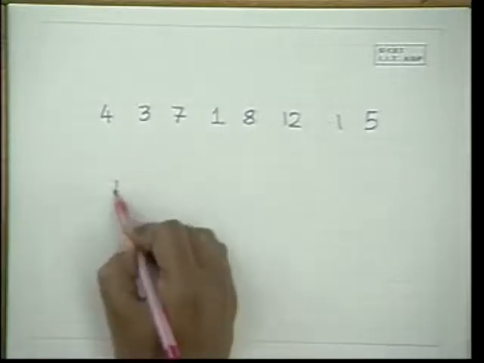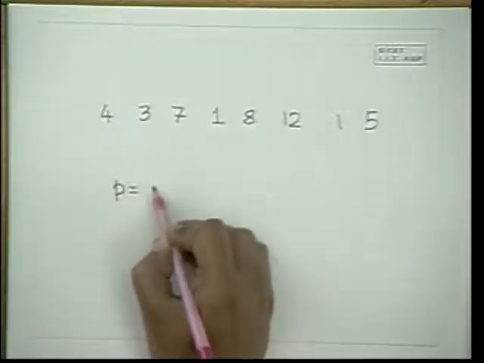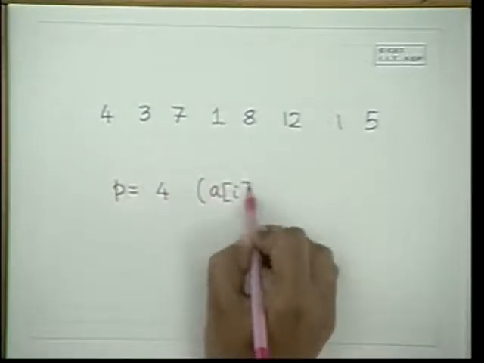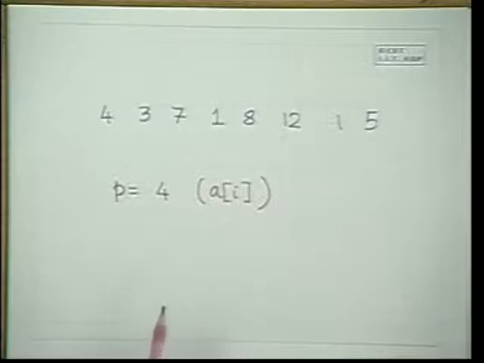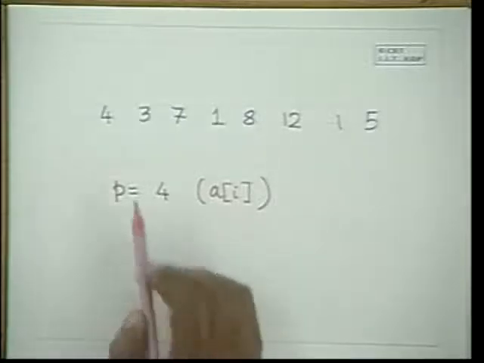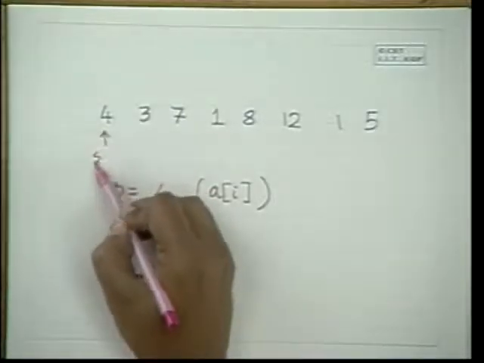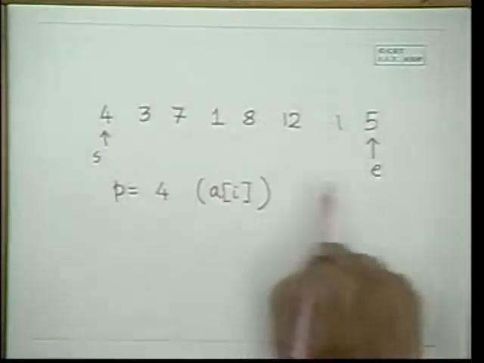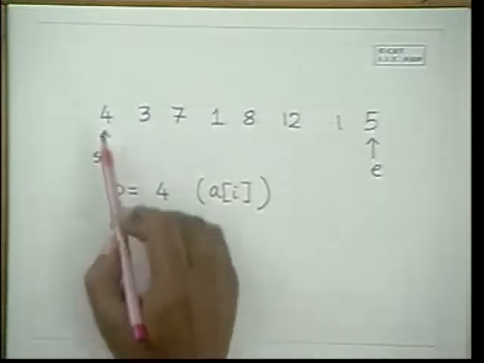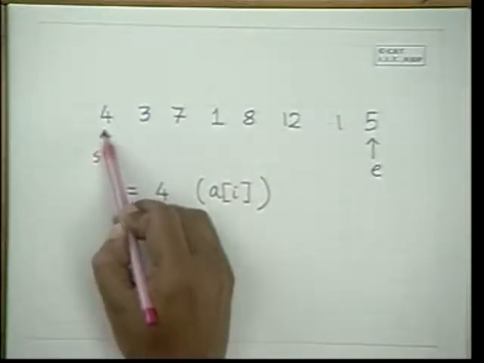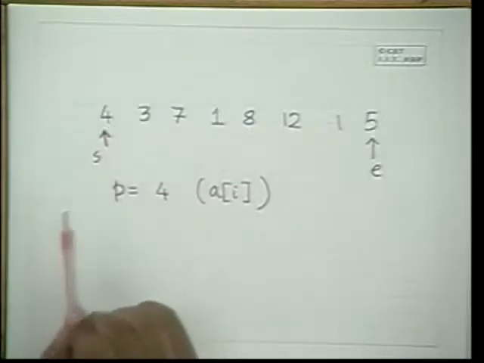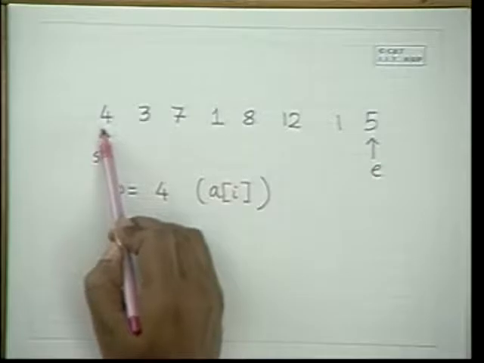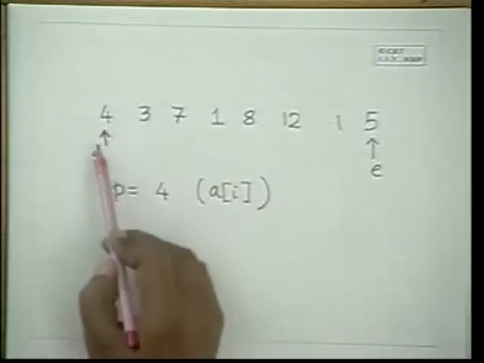We choose our element P or X here to be 4, that is A[i]. Alright, we choose it to be A[i], and we start with this index X and two indices, the start and the end, and we compare. For the element here, we go on comparing as long as, suppose we are going to sort in ascending order, okay, for the time being.